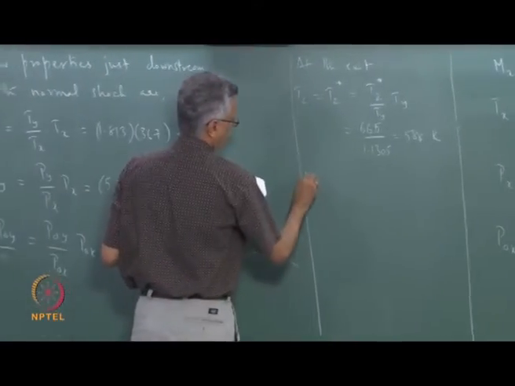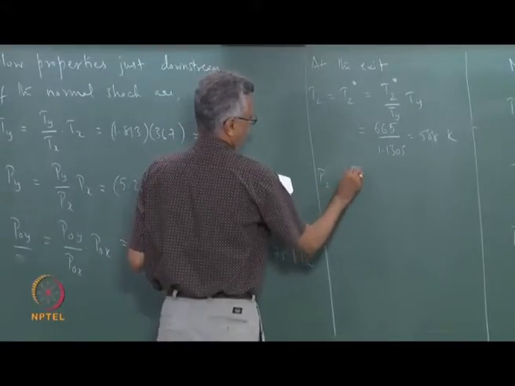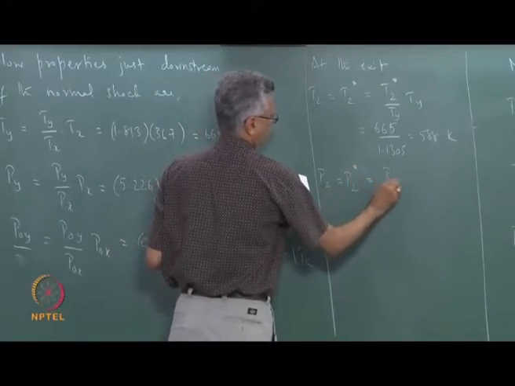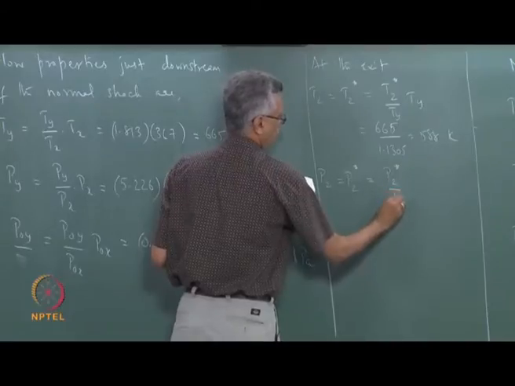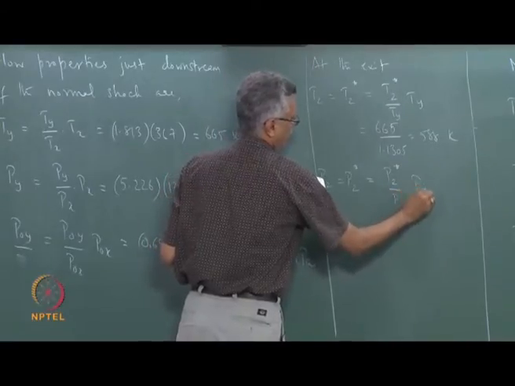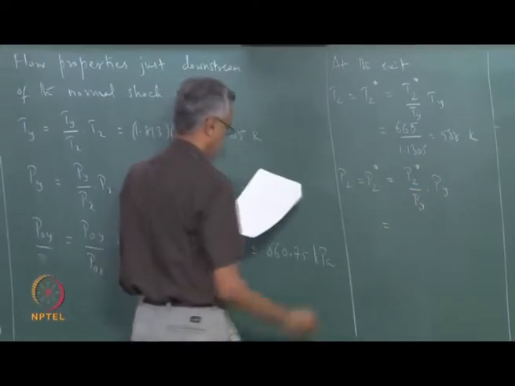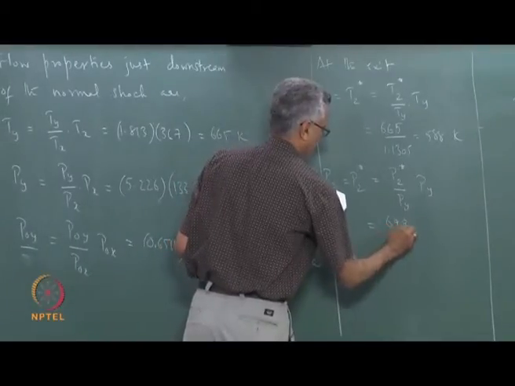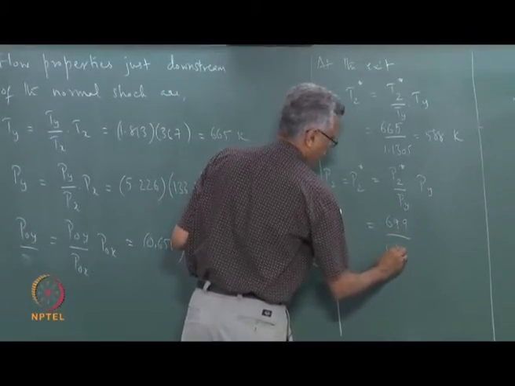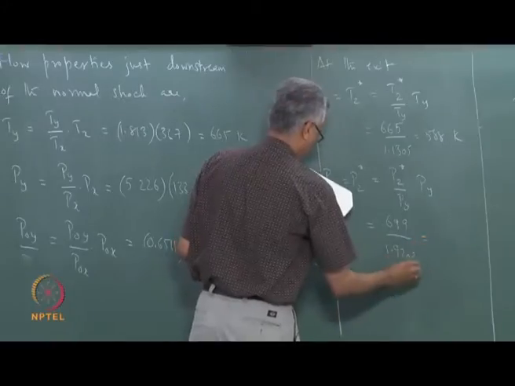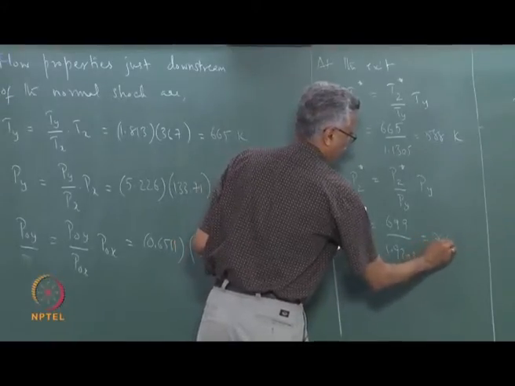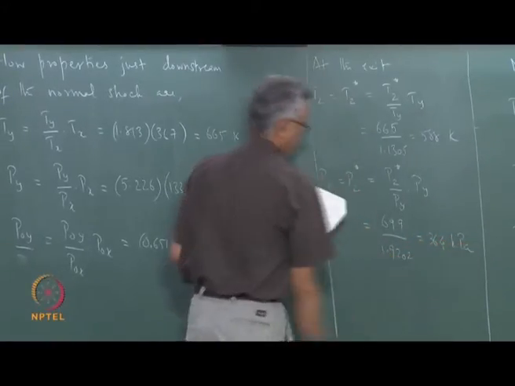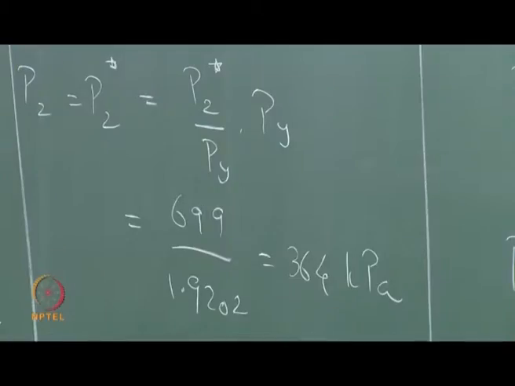Similarly, P2 is equal to P2 star, and that is equal to P2 star over Py times Py, and this is 699 divided by 1.9202, which gives me 364 kilopascal for the static pressure,